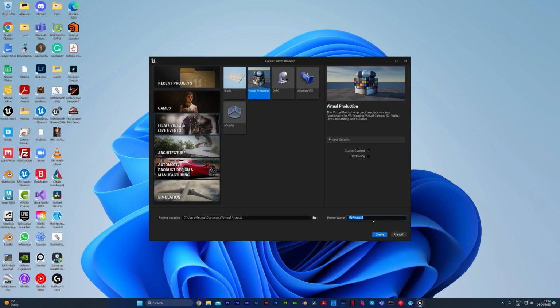Now, the way Unreal works, and this is the same throughout all of Unreal, it cannot have a space in any of the names. So if you see here, I put George project, it throws up an error. Same with apostrophes, so George's project, that sort of thing. It will have problems with that, but it can do underscores and stuff like that, so we can go with a name. And then once we have that created,